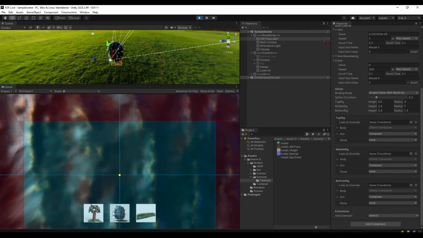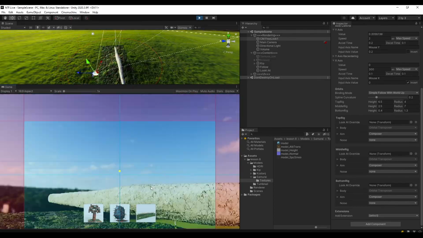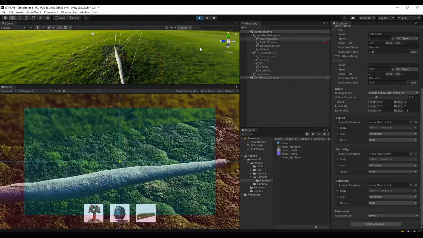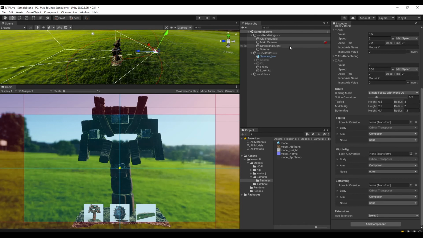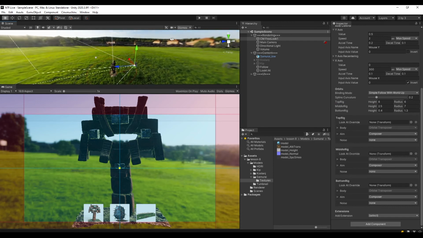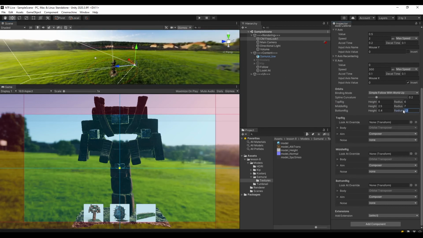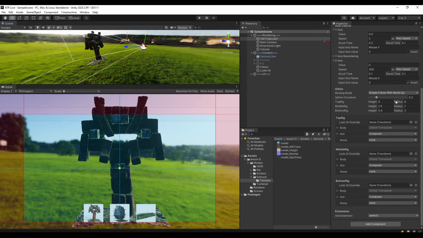Okay, it's a bit better. Let's select the other rig. Yeah, maybe let's pull it a bit higher. So again, go to CM FreeLook 1 and height. Oh, always leave the play mode if you're adjusting. So let's do height to about 8 and maybe even radius about 6. Let's see how this looks. Yeah. Okay, let's also increase the bottom radius a bit. So yeah, I think this would be